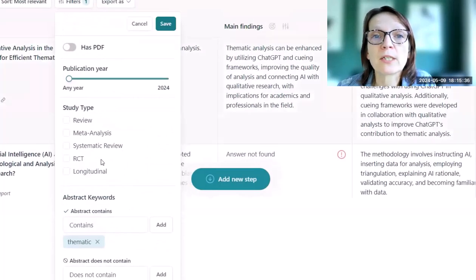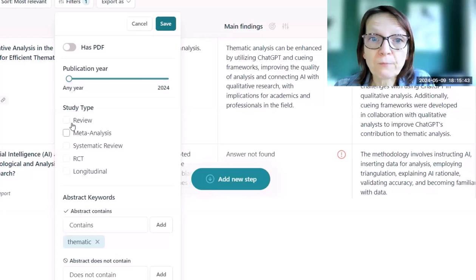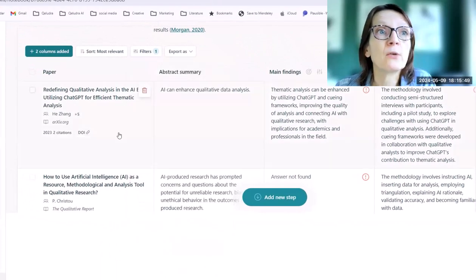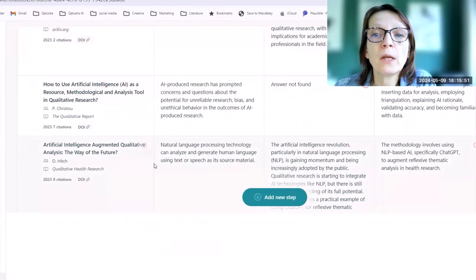But you can also set other filters here based on a certain range of years or whether you want to focus on other meta-analysis articles or whatever. So you can set some filters here. And